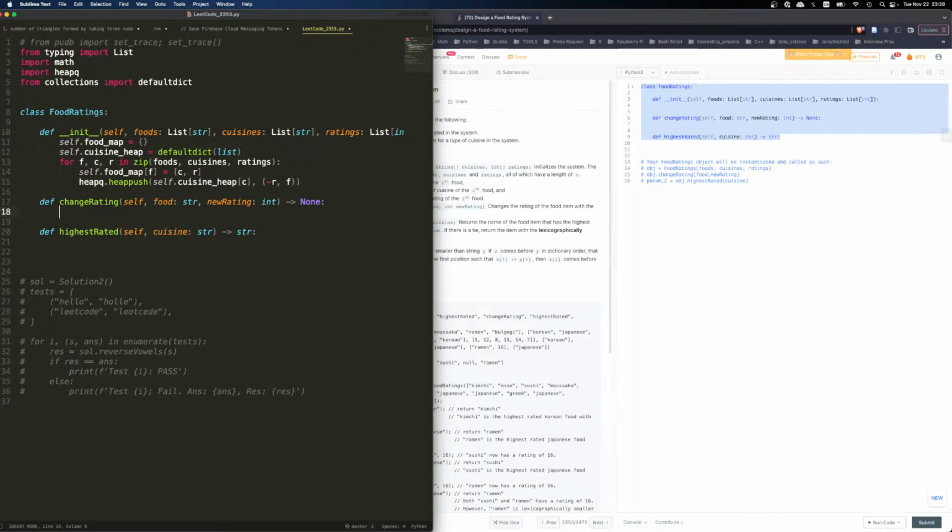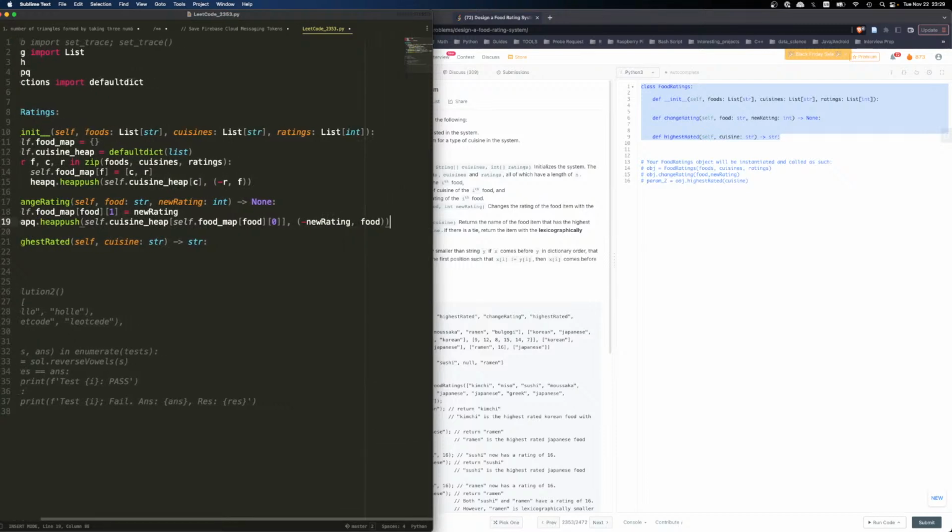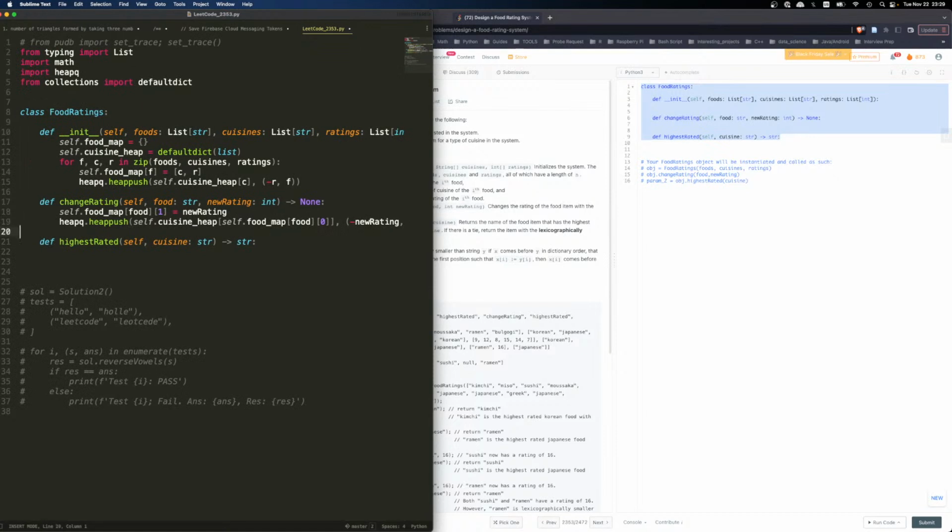So change rating, right? Change rating will set self.food_map[food][1] to the new rating, and heapq.heappush onto self.cuisine_heap[cuisine] the tuple of minus new rating and food, right? So that's that. And then we say while